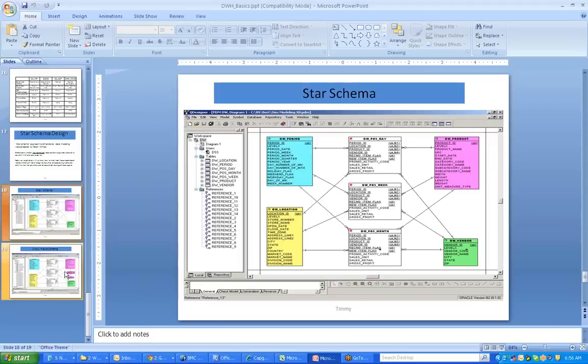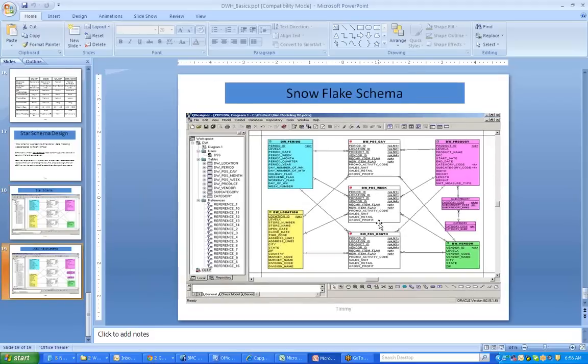Okay. If I come here, what I did is I created a separate table for subcategory and category. If you see here, these are the foreign keys of this particular dimension. These are two new dimensions, subcategory code and category code. I am normalizing my product dimension. Based on that, I am storing two more dimensions with categories. Clear?